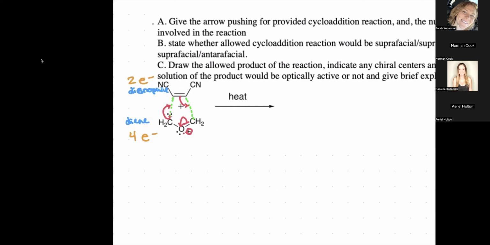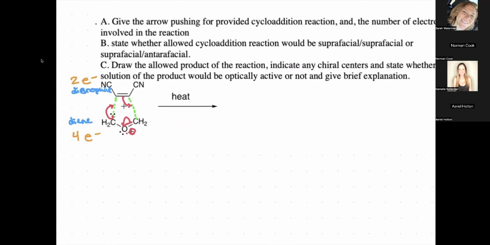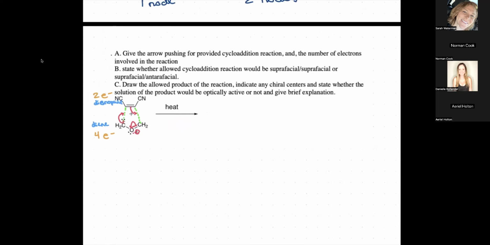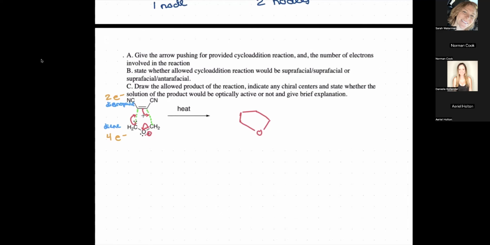Make sense? Okay, cool. So then we draw it out. So how many carbons are in this ring? Or, I'm sorry, how many atoms are in this ring? They're not all carbons. 5. Yep, 5. 1, 2, 3, 4, 5. Little pentane, right? And then, so with our nitrile up here, our